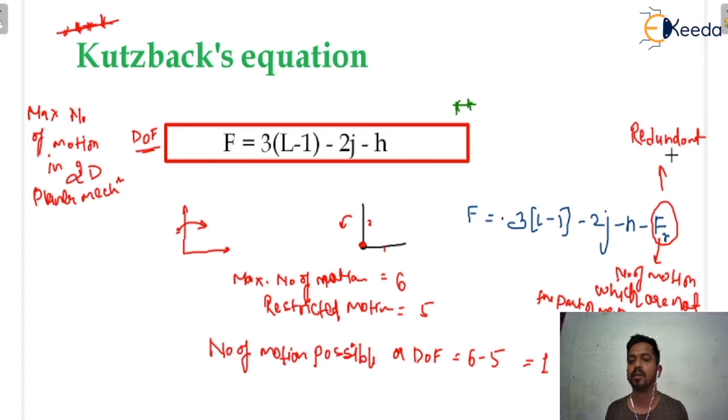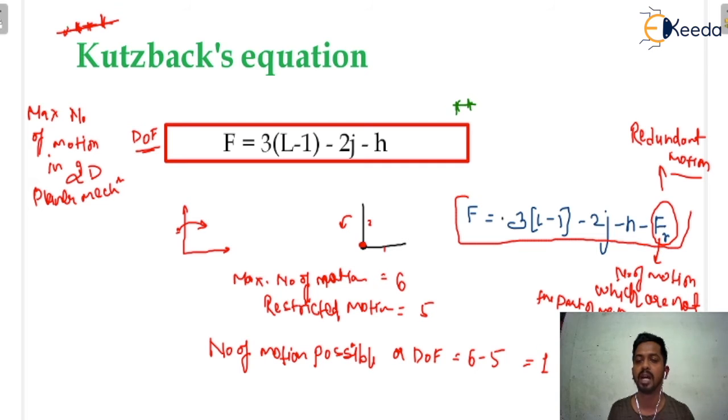Redundant part, or you can say redundant motions. We will understand it when we solve the numerical questions. It would be easy to understand when we solve the numerical questions. So basically you must remember this formula also. If there is a redundant motion, or a redundant part in the mechanism, then you can use this formula. Otherwise this formula is also useful.